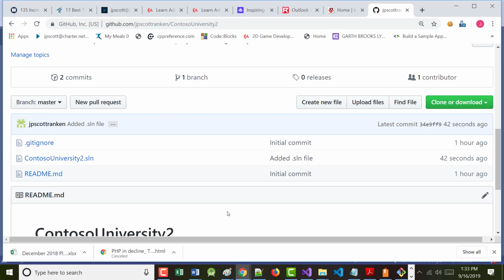Now, I want to work with people because I want everyone's to work. But I want to do one thing first. I want to go the other way. What I've shown you, maybe not that well, but at least part of it works, is how to basically take something and copy it from your local machine to your GitHub repository. Let's go the other direction.